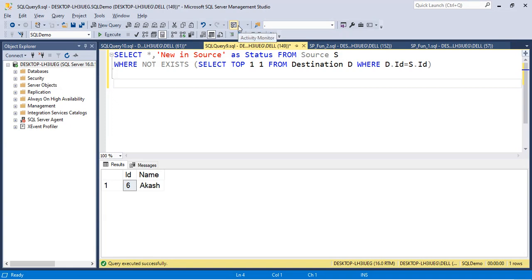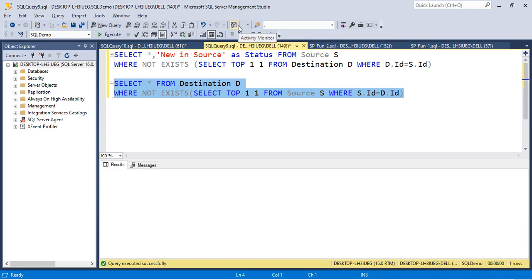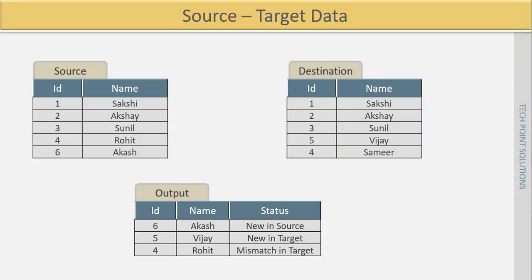So, we will use the same logic here except that we will take a destination table first here, select star from destination as T where not exists, select top 1 from source table S where S dot ID is equal to D dot ID and this will give us what are the data in destination that does not exist in source table. So, result is 5 and the name is Vijay,